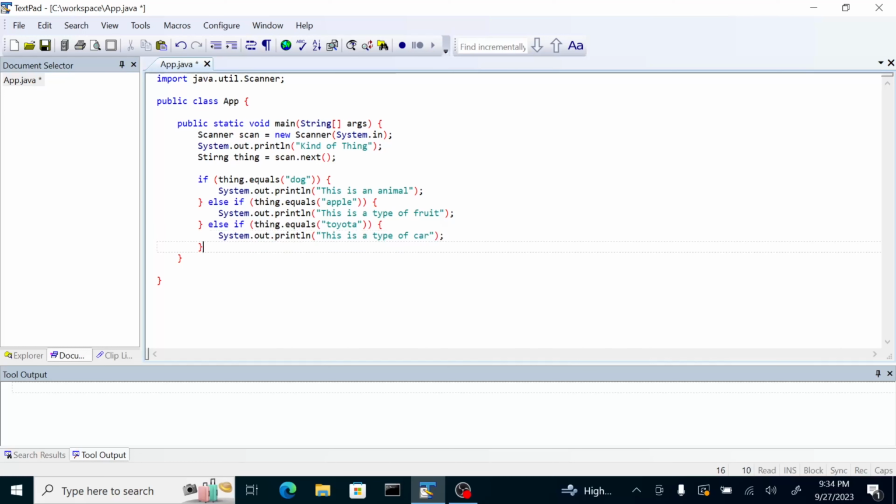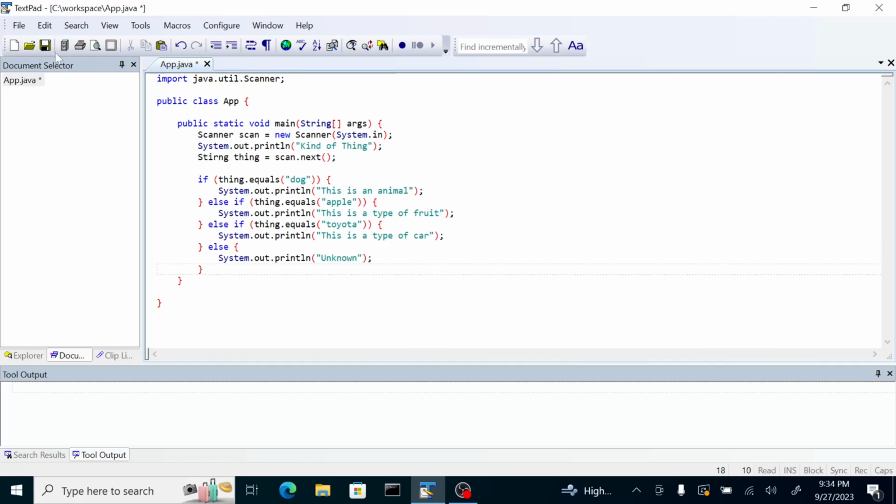Then the last part, which is only the else, is if it doesn't equate to these strings, which is a dog or an apple or Toyota, it goes to the else part. So for example, here we say unknown,